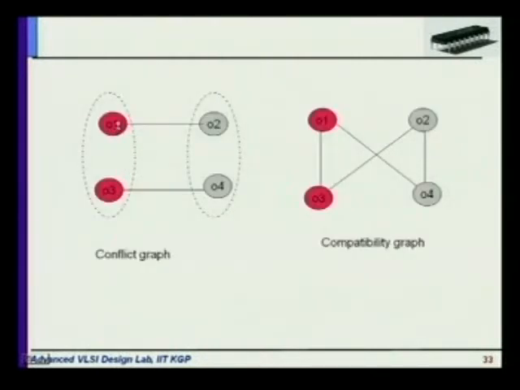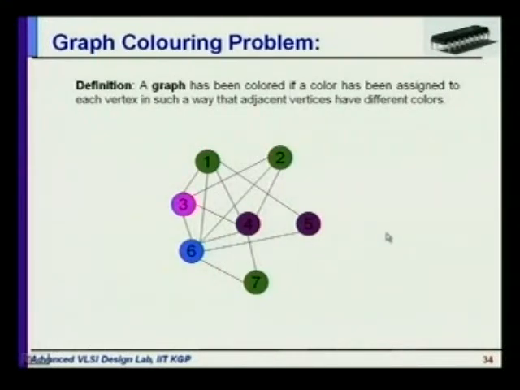So you have a conflict between O1 and O2 and between O3 and O4. And if you color this graph, you can color this and this the same color, but you cannot color these two in the same color. So you will use two different colors, and as these are red, they can be mapped to the same function unit. Okay. And this is basically the compatibility graph of that for these resources. So you can find out that this is one clique and this is one clique. So this is also an explanation of the graph coloring problem.